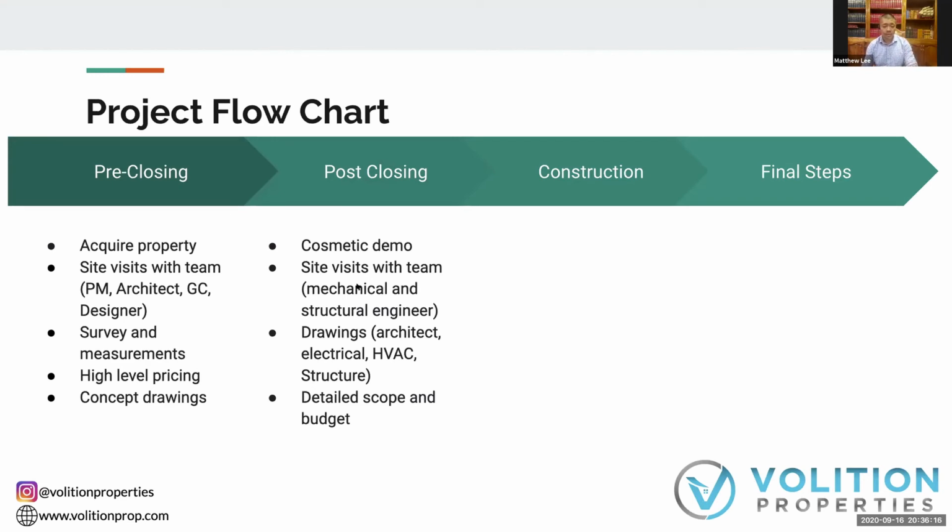So that gets us to the detailed budget and scope. Once we've got the detailed scope, which is literally 100, 200 lines of every single thing that we're doing in the project, and we know what our budget is based on all the drawings and all the lines, we come together and we say, great, this looks awesome, let's go for it. And that takes us to the next slide,